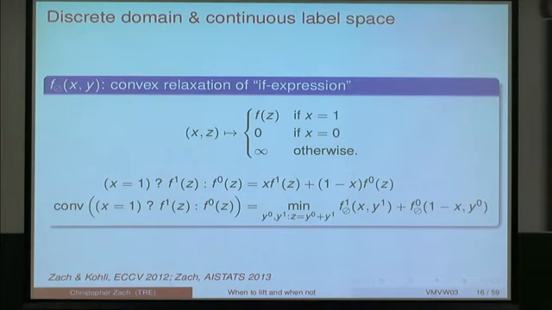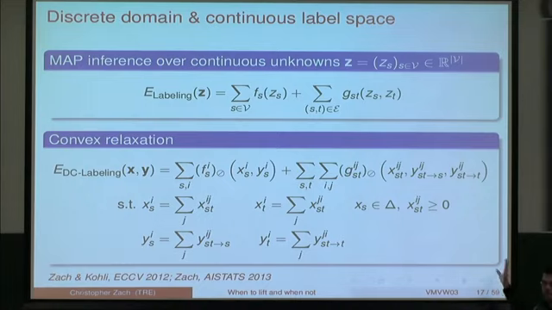Okay, now back to the setting: a discrete domain, but still retaining continuous labels, where you have these piecewise convex functions. You can rewrite a convex relaxation like this. I'm not going to explain much, but it reduces to the well-known LP relaxation if you make the involved functions piecewise constant. Then basically this extra set of variables y disappears and you're back to the LP relaxation. Otherwise it's a strict generalization.